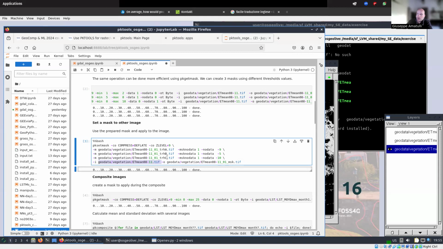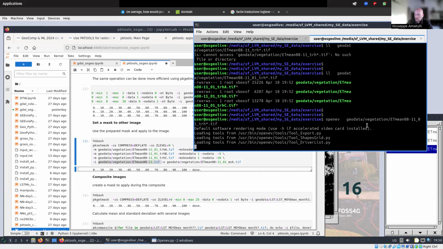Be careful that in my case, my data type needs to accept the no data value, because if it's byte, it cannot be negative, okay? So always think about the data type. You will get several errors from the data type, I'm already telling you. Every time there is something weird, check the data type. Now if you run it, as you can see, it's extremely fast, you don't even need time to think. And we can see now,